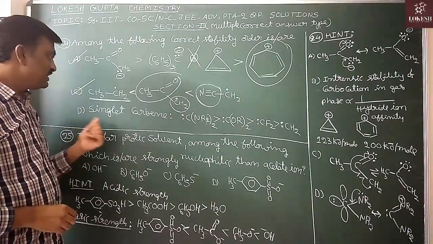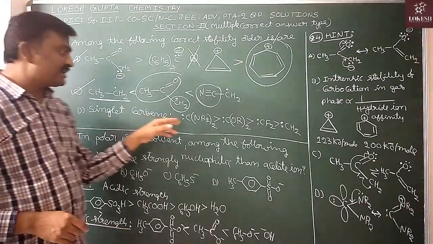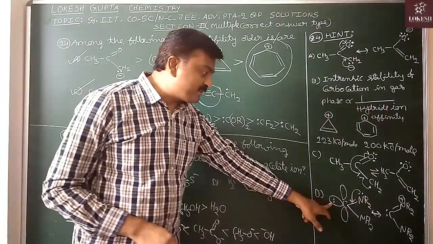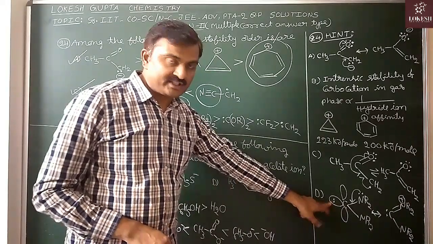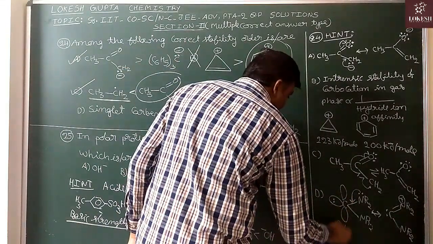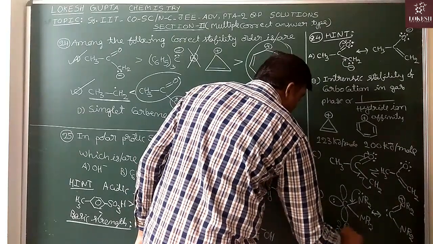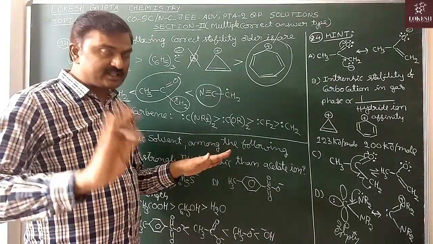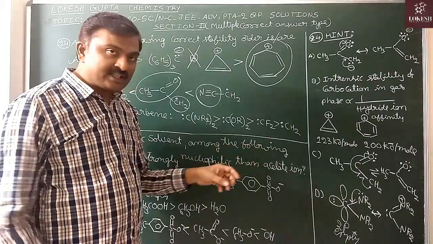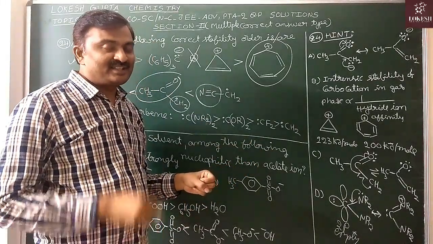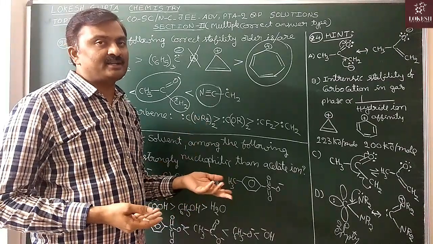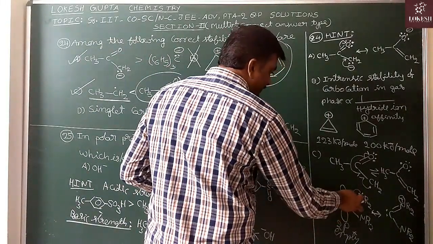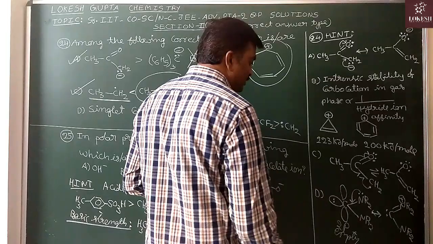Next come to the fourth option. Singlet carbenes. See, in singlet carbenes, this carbon undergoes sp2 hybridization. In this sp2 hybrid orbital, the non-bonding electron pair is there. Now it is the empty 2p orbital. Due to this reason, only in case of singlet carbene, not in case of triplet carbenes, if plus M groups are attached, then they can stabilize the singlet carbene by resonance. Like this, the empty 2p orbital and lone pair are parallel, so delocalization is possible.